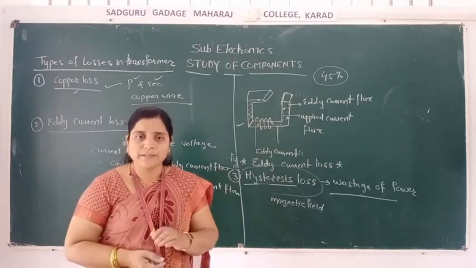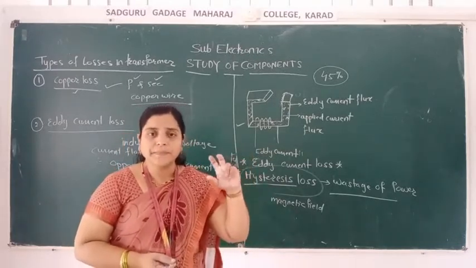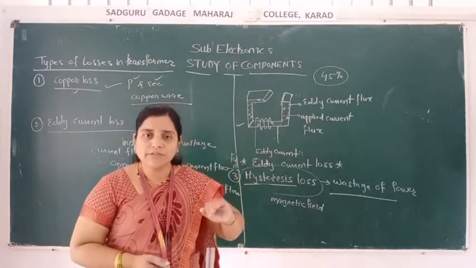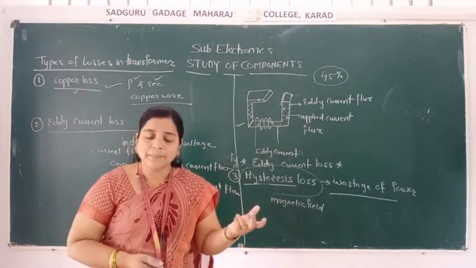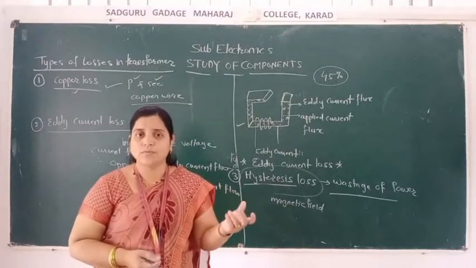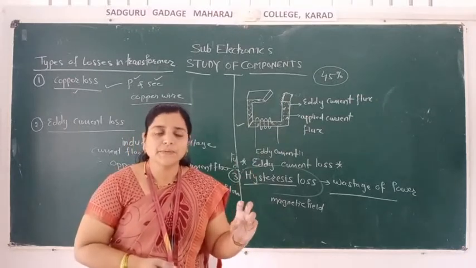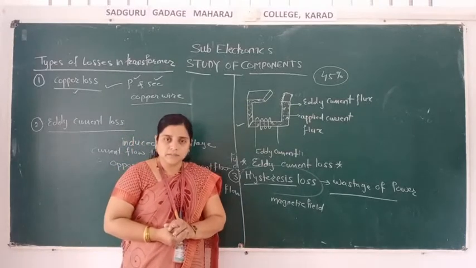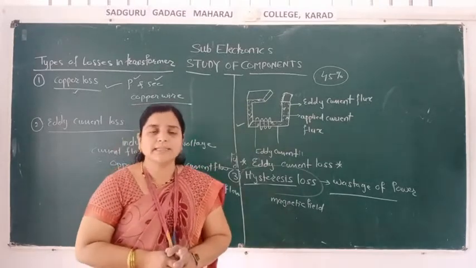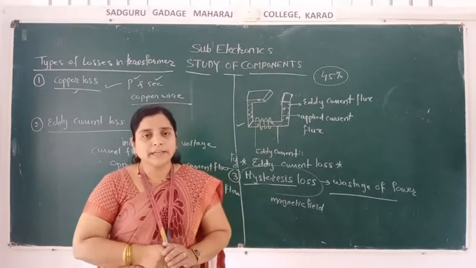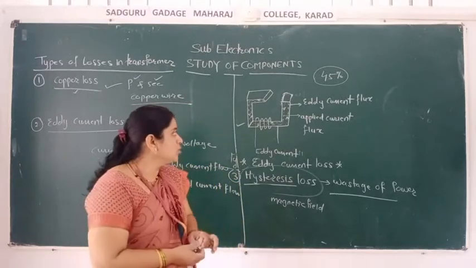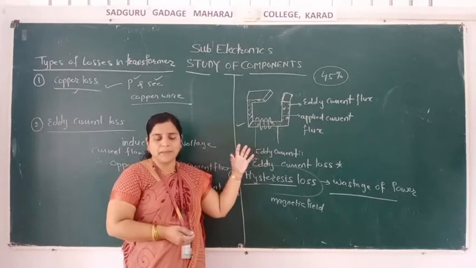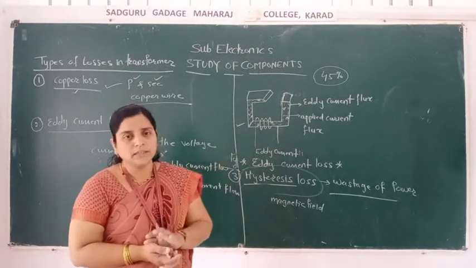Transformer's types we have seen, and we have seen its ratios, voltage ratio and current ratio, and what the formula is, what the series capacitor and parallel capacitor are, and the formulas for the transformer also we have seen. From those formulas you can solve the examples that I have given you as homework in the Zoom lecture. So this much part remained of this chapter, that is the losses of the transformer.